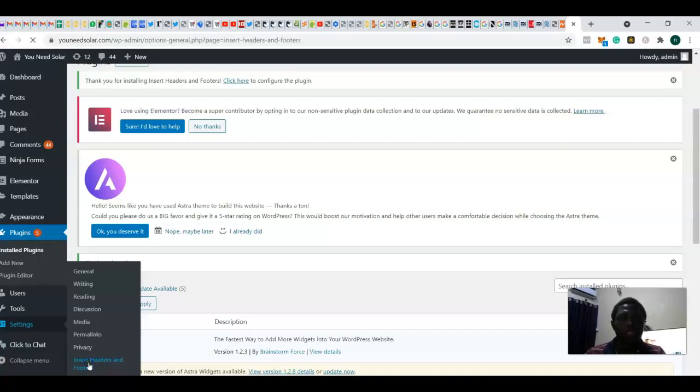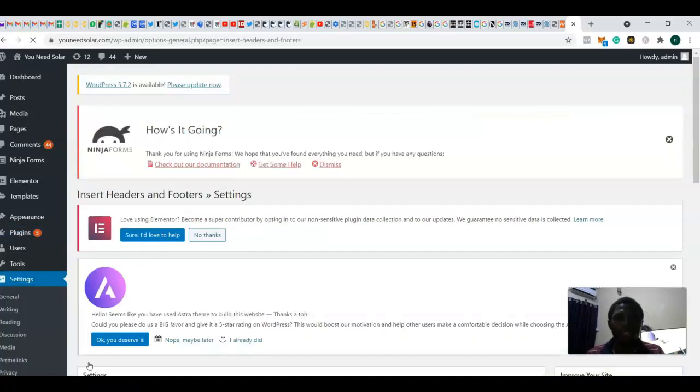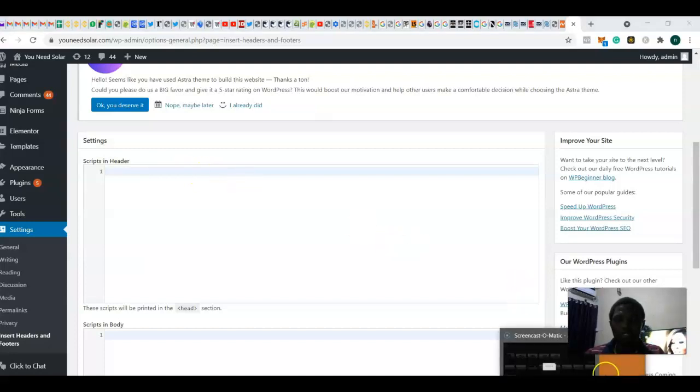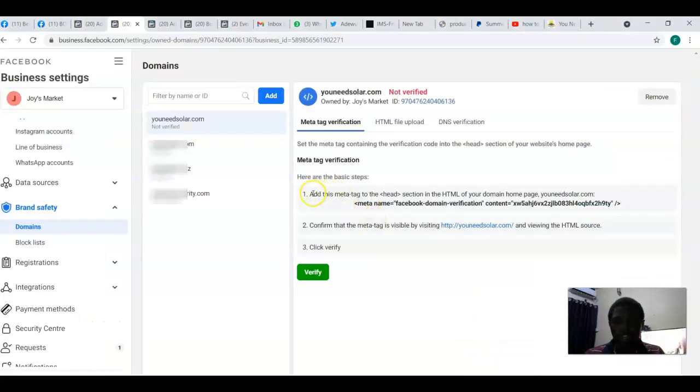That is just that. And mind you, we clicked on the meta tag earlier. We copied it to our clipboard. So what you have to do is, this is the header. What we were told there is to input it in our header and footer. So let me come here so you can see: add a standard tag to the head section in the HTML